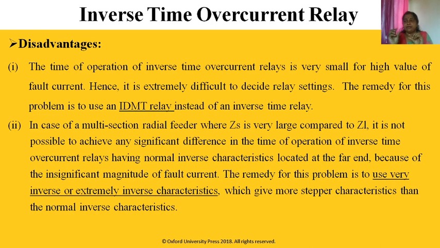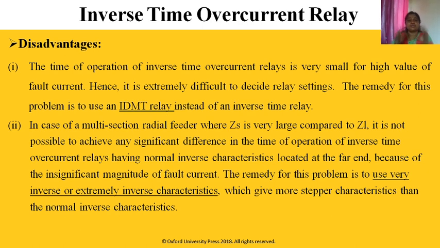Because the relay has a setting from 50% to 200% in case of phase fault. So that 50% to 200% is the current setting. And for time grading, we have minimum time instantaneous overcurrent relay. That grading we provide depending upon the fault current. For higher value of fault current, we provide minimum time. If fault current is increased, definitely we provide some time delay. So this setting is difficult using these inverse time characteristics.